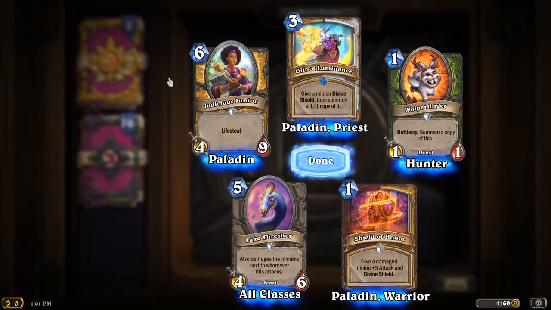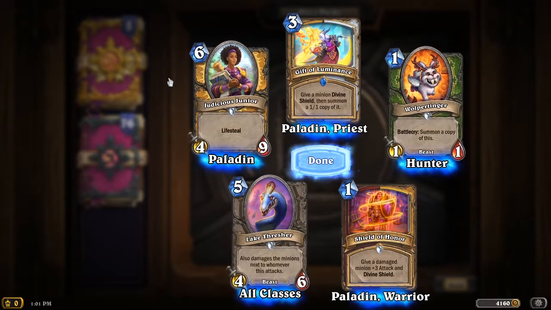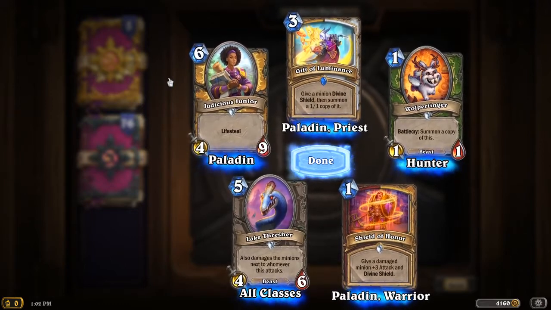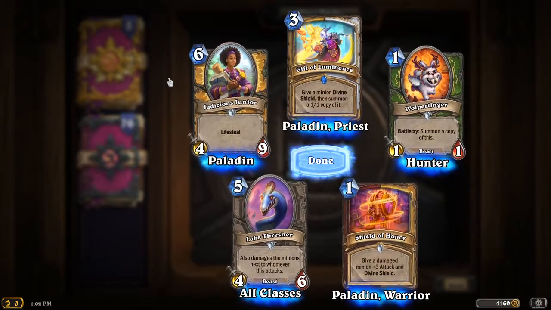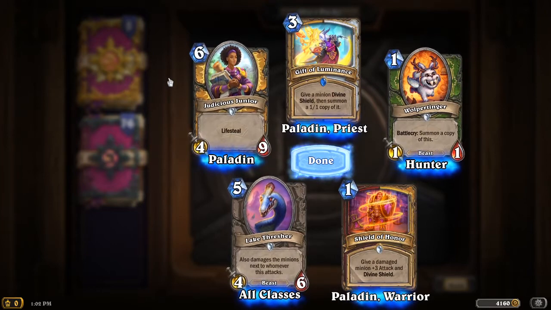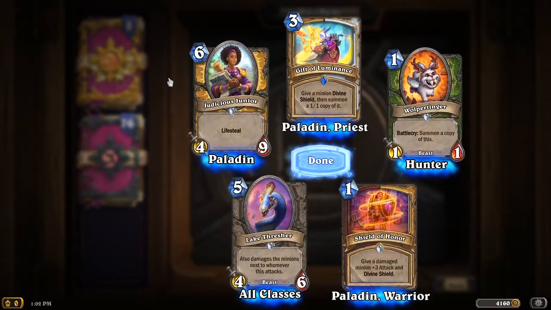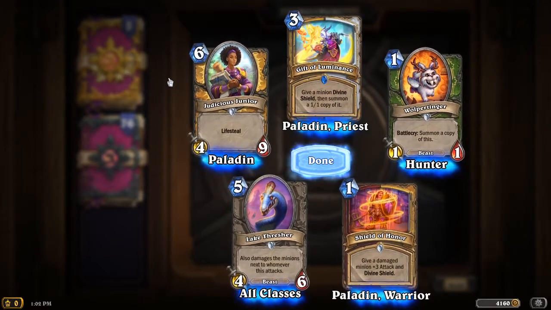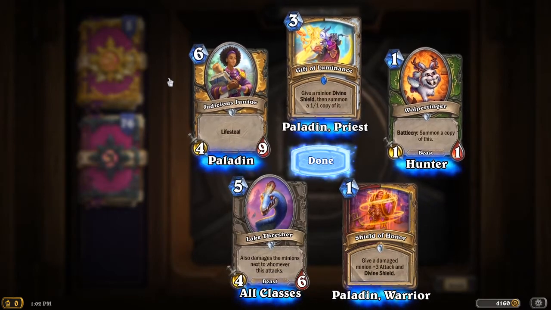Judicious Junior. 6 mana, 5/9 lifesteal. Well, that's some premium stats and a premium keyword. Good if you summon it off of the dual paladin archetype. Just cheapo big stats. I don't know, in a very aggressive meta, I could see it being played, but then you might as well just run